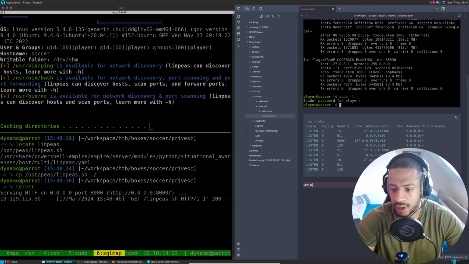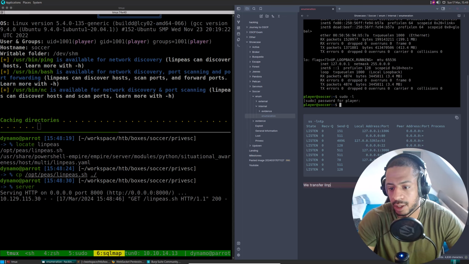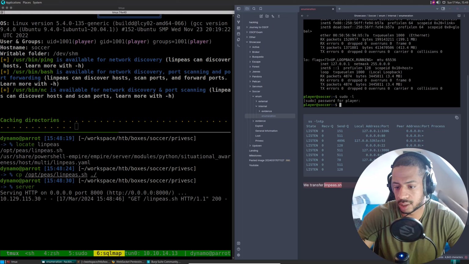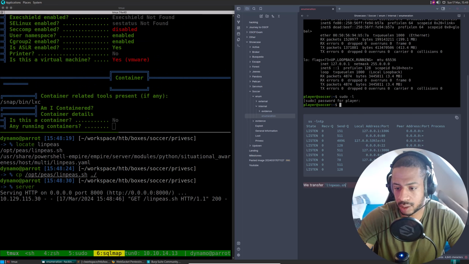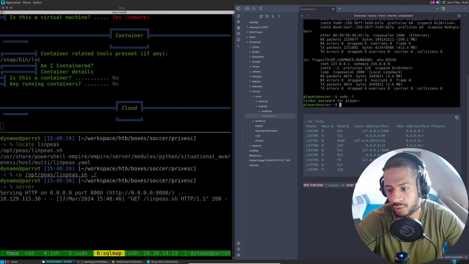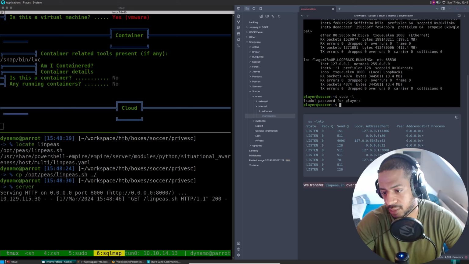We transfer linpeas.sh over to the target machine for enumeration.